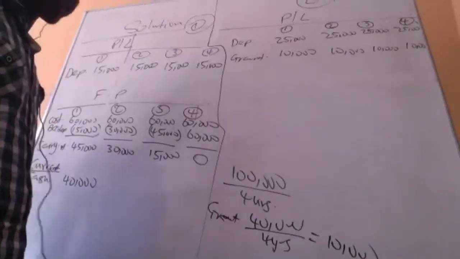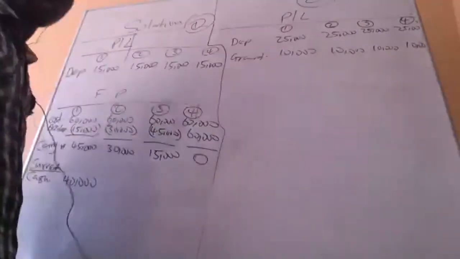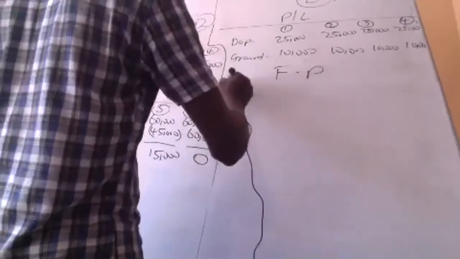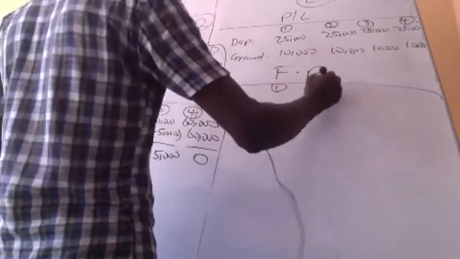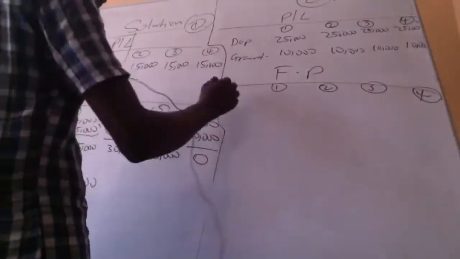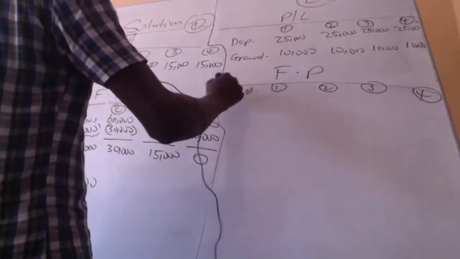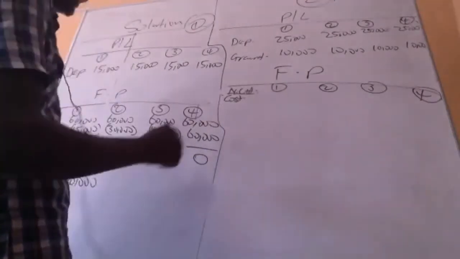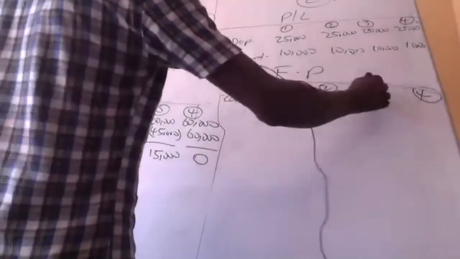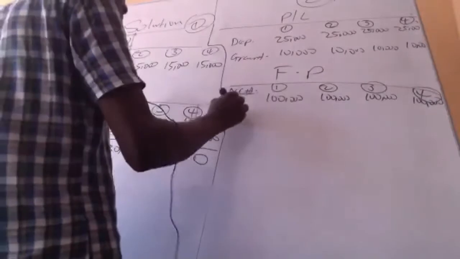Let's go to the financial position. Even though this is the challenging one, it's so easy. When you go to the financial position, year 1, year 2, year 3, and year 4. First of all, let's start with the non-current asset section. The cost of the asset will be the original cost, 100,000, 100,000, 100,000, and 100,000. Good. Accumulated depreciation,